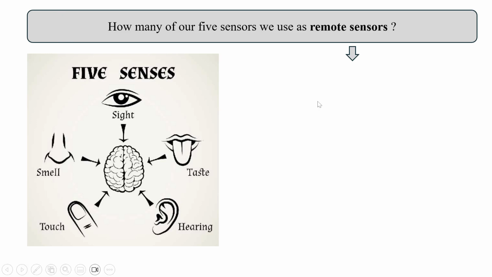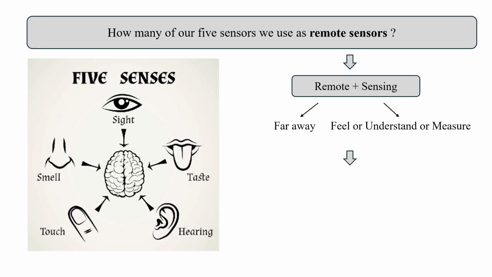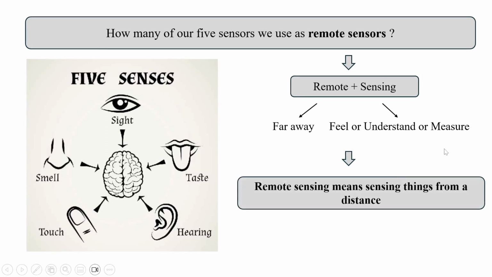Remote sensing is made up of two words: remote and sensing. Remote means far away, and sensing means feel, understand, or measure. So remote sensing means sensing things from a distance. Now you should be able to tell how many of our five senses we can use as remote sensors. Tell me the number: